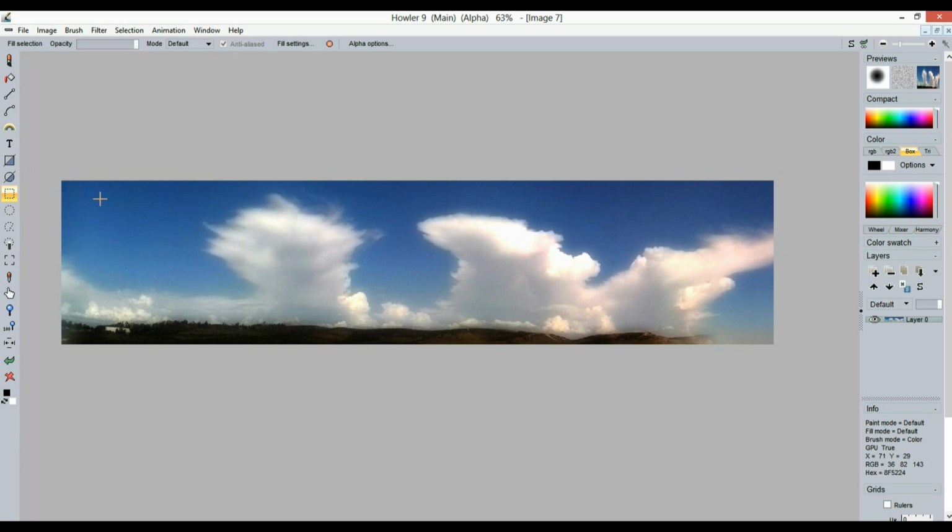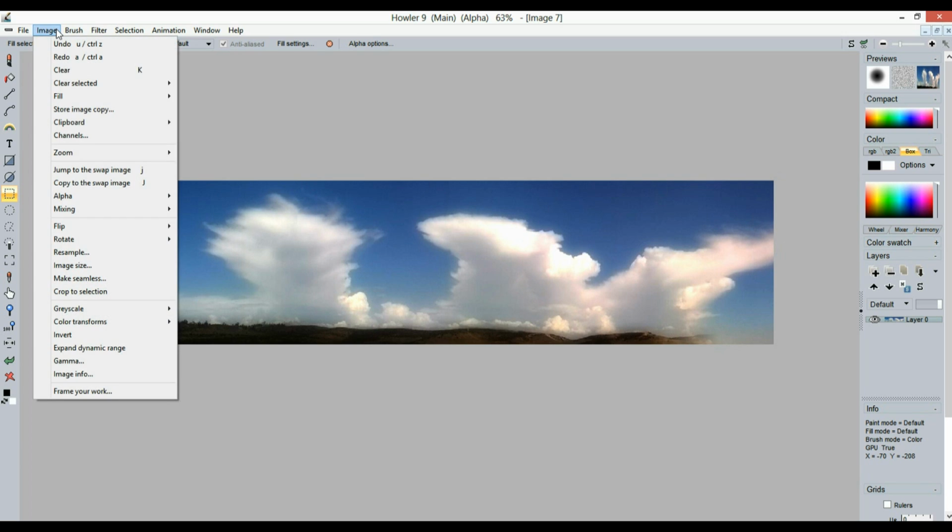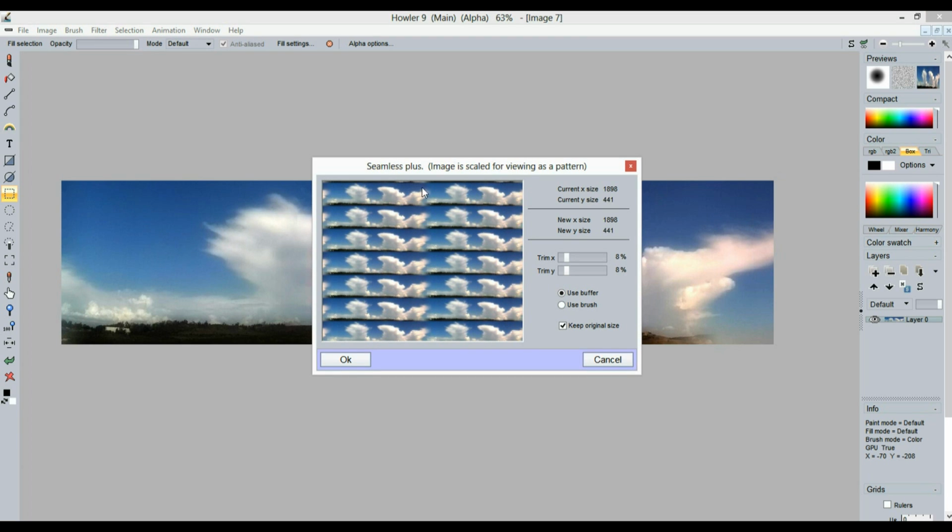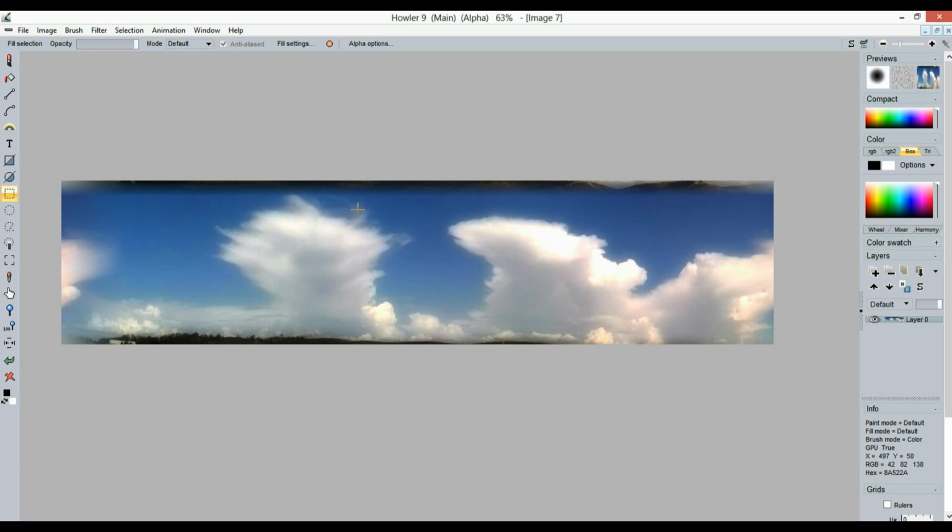And then something else you might want to do is give it something like, where do we go for that? Make it seamless. So there is a make seamless option here, and basically that will look like this. You won't have the cut too much, and now you have the top here bring back the bottom. Now that's not a good example to do the make seamless, because you really want the sky to stay blue